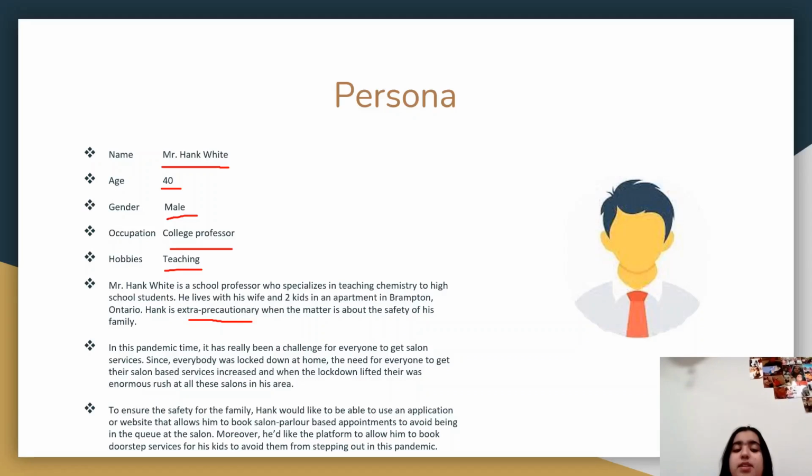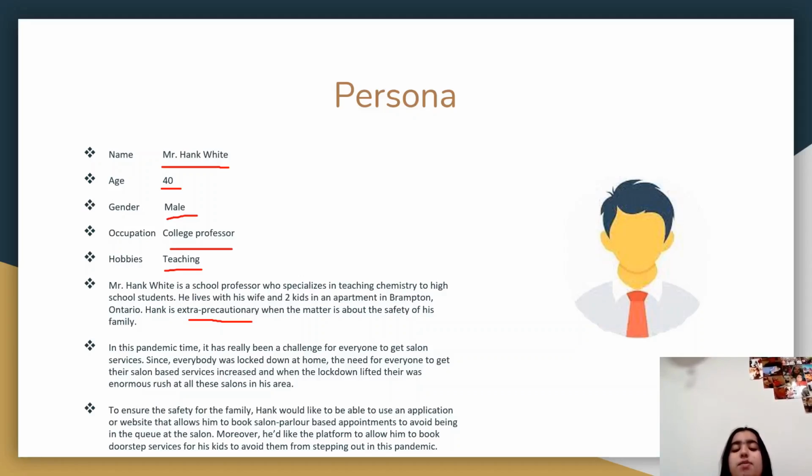In this pandemic time, it has really been a challenge for everyone to get salon services since everyone was locked down at home. The need for salon services increased, and when the lockdown lifted, there was an enormous rush at all the salons in his area.